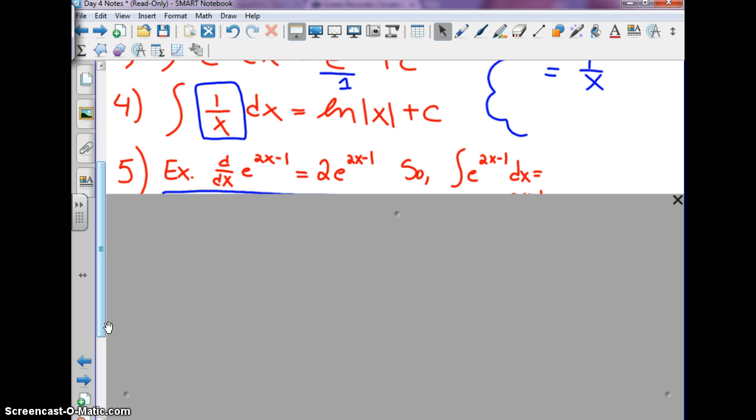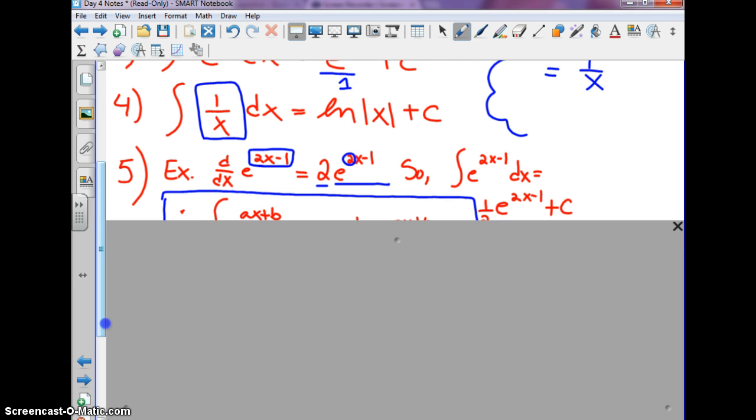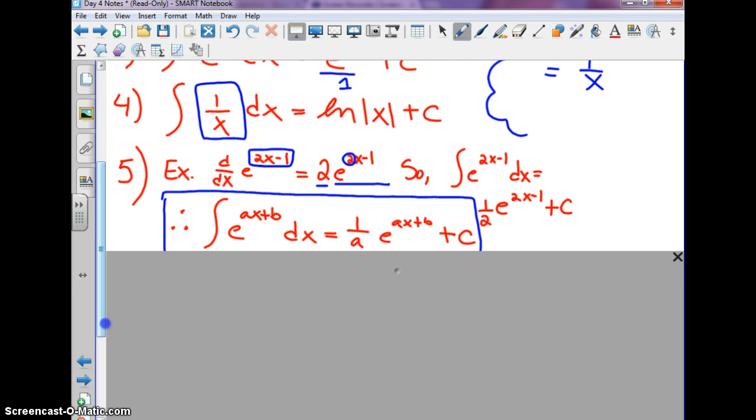If you guys take the derivative of e to the 2x minus 1, you would keep e to the 2x minus 1, but then we would also multiply by the derivative of the exponent, which is 2 in this case. So I would get 2 times e to the 2x minus 1. So if I wanted to do this backwards, right, then I would want to, instead of multiplying by the derivative,